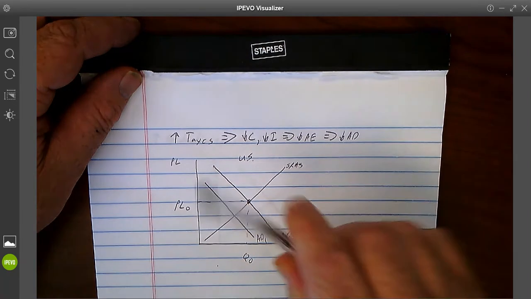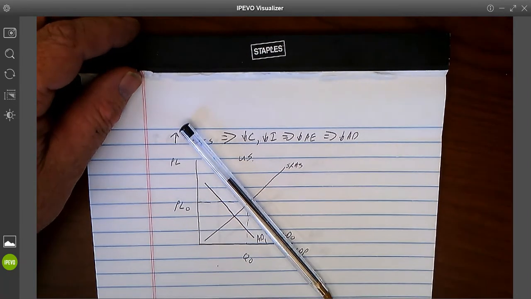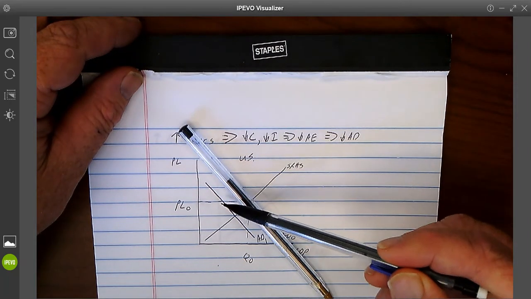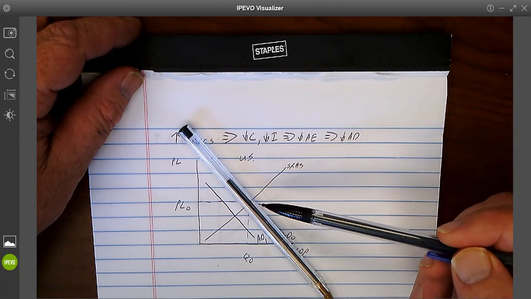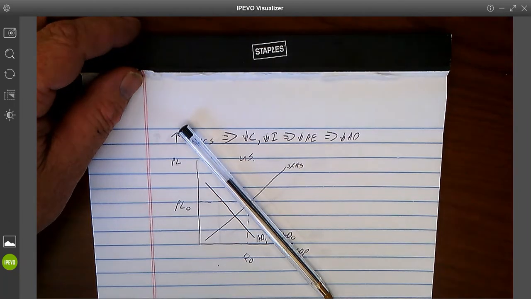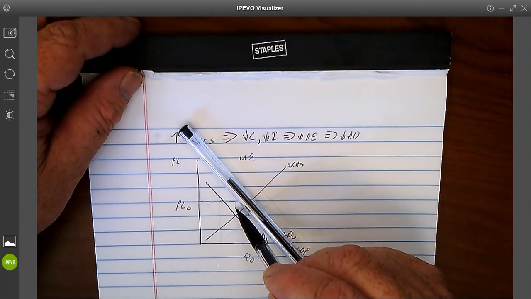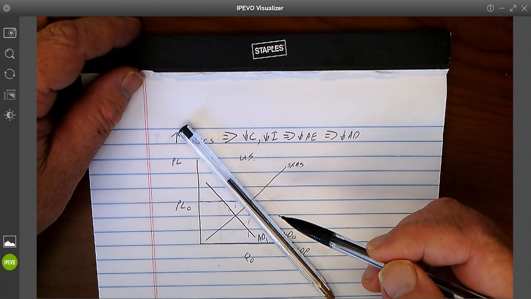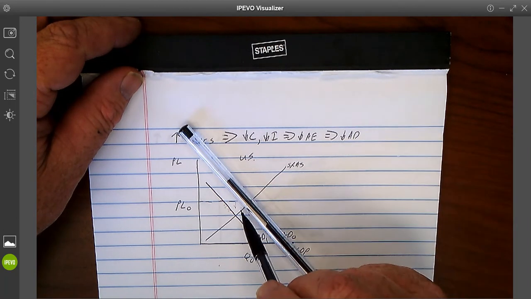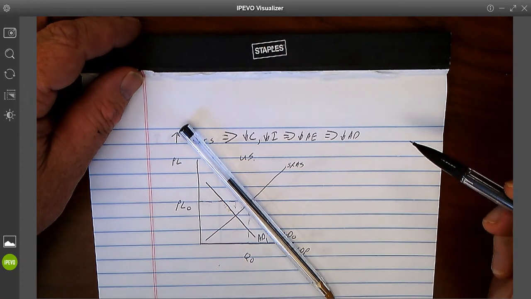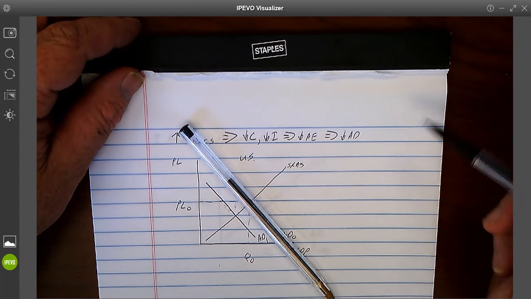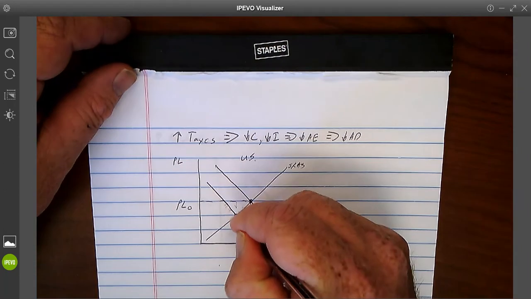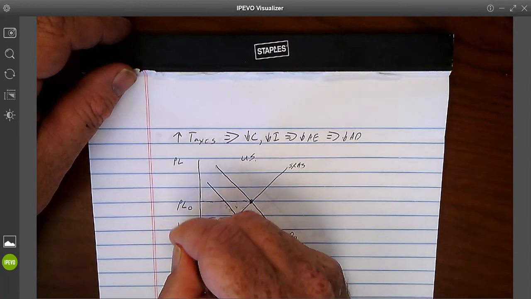Here's AD1. This demand curve is now gone. Okay, so what's going on at PL0? I'm on my short-run aggregate supply curve about here. I'm on my aggregate demand curve here. Short run, the quantity supplied is bigger than the quantity demanded. We have a general surplus that would push prices down, which would increase the quantity demanded because of the real balance effect, interest rate effect, and international trade effect. Would also decrease the quantity supplied because the price of my product's gone down, but my costs stay the same. Okay, until a new equilibrium is established here at PL1,